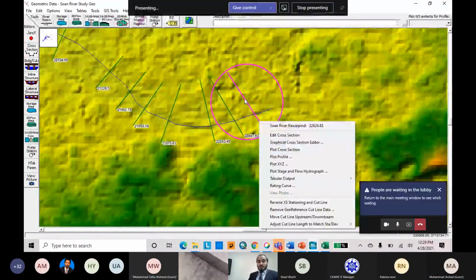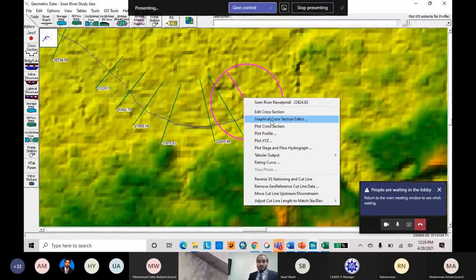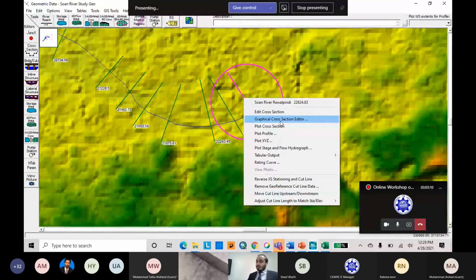Here is your option. When you right click on your cross section, you can see the graphical cross section editor. Let me check in the handout where I have written it. Maybe it is not written in the handout.